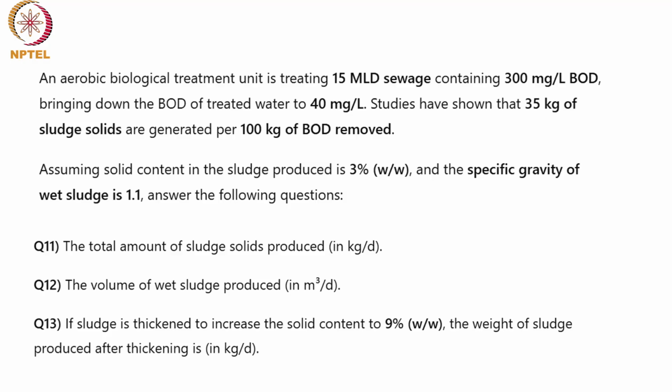In the first case the solids are 3%, and in the second case, after thickening, the solids are 9%. But quantitatively the weight of solids is the same. We are only changing the percentage of water in it. After the thickening process, the water is going to reduce in the thickened sludge. So if we take 1365 kg per day into 3% weight,